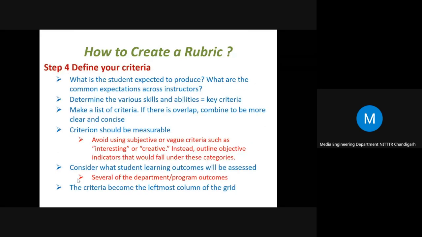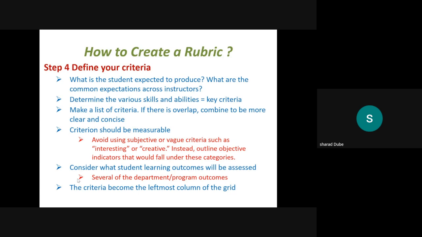Now, after looking at the reference rubrics, we are actually going towards the development of our rubric. So first thing is that we need to define the criteria. So what parameters we'll be having. The leftmost column of the table which we have seen. These steps are basically with respect to analytic rubric design, right? Because holistic rubric we can consider as a special case of analytic rubric, where we are combining various performance descriptions into a single description, right?